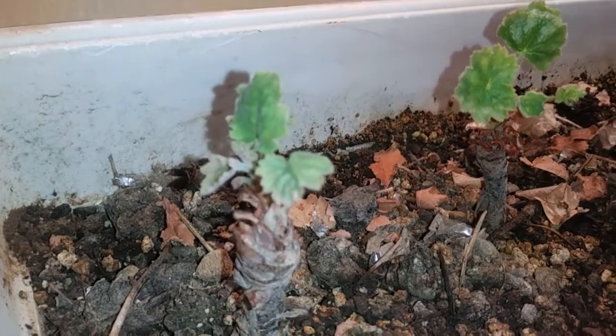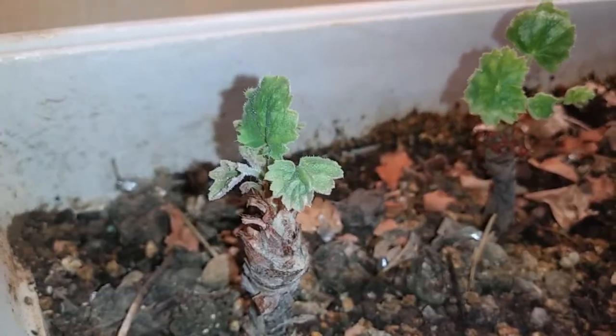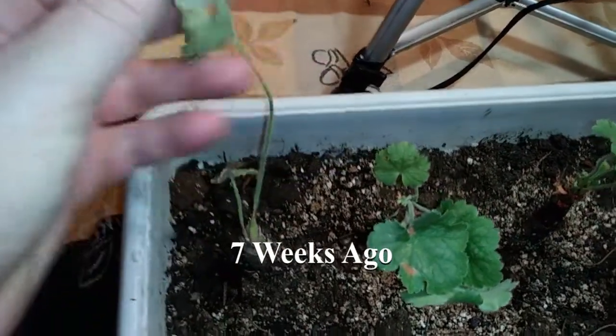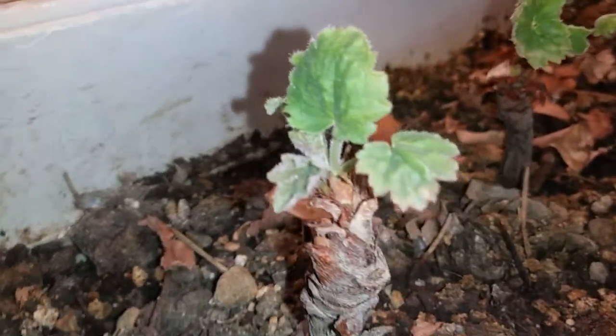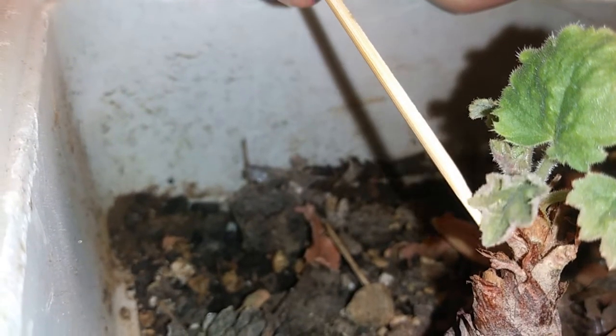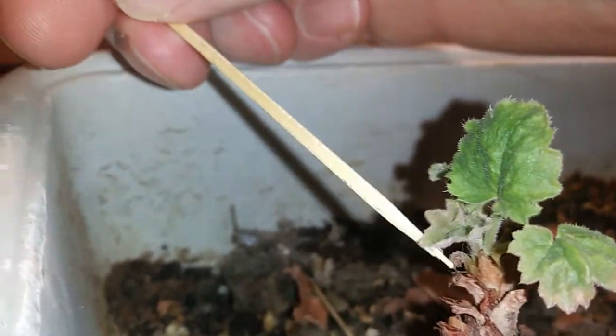This is the one that I was really concerned with at first, because the leaves that were left on it were really bad. But that piece of plant still looked good, so I kept it. And now it's doing all kinds of new stuff. Seems like it's going to bounce back. Anyway,